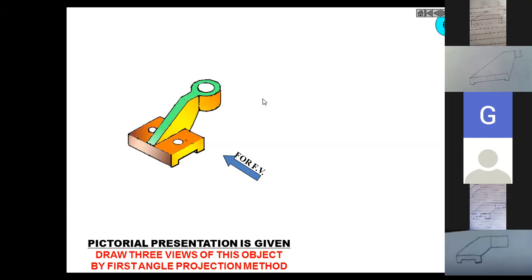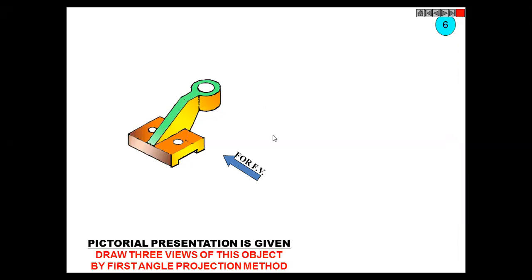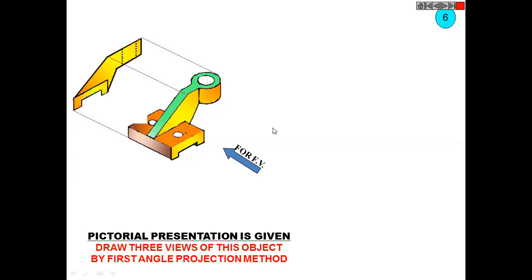Okay. Now I'll show you the solution. So it will be like this. As I told you previously, few things are missing that we will write down. Because missing things are here. We will have one dotted line like this. Clear? And then precisely if you are there, then center line should be mentioned like this.